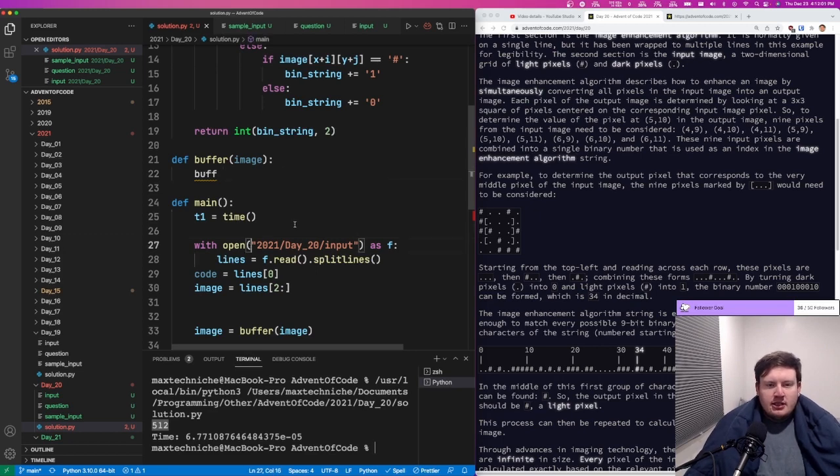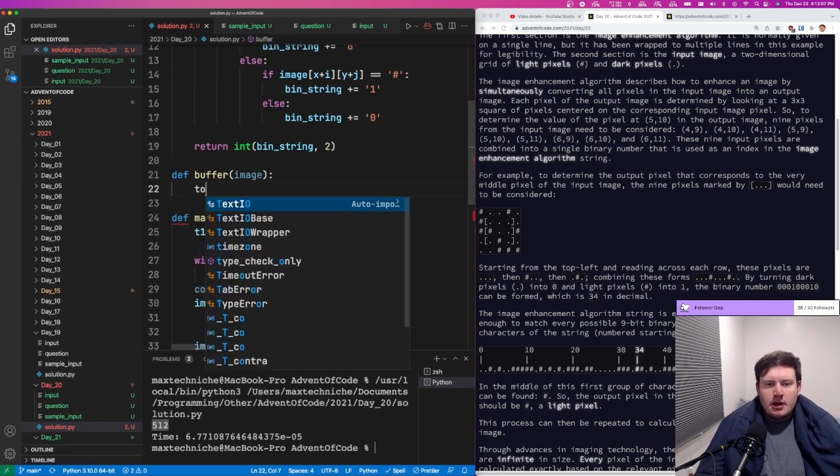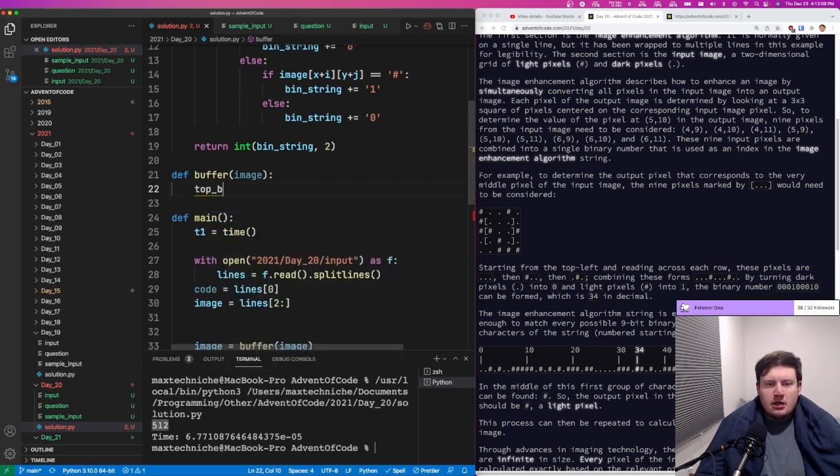Okay, so buff. Top and bottom buff. Top, bot, buff. Equals. Oh, and then I can add. Okay, so this is good. Equals. And then this is where I do this dot thingy and then times the length of